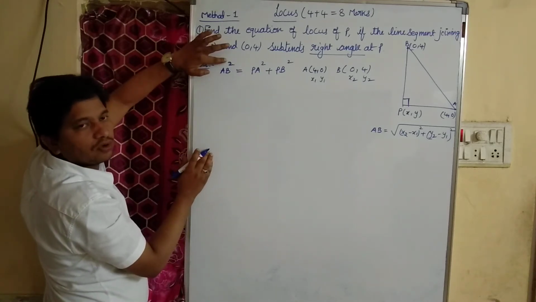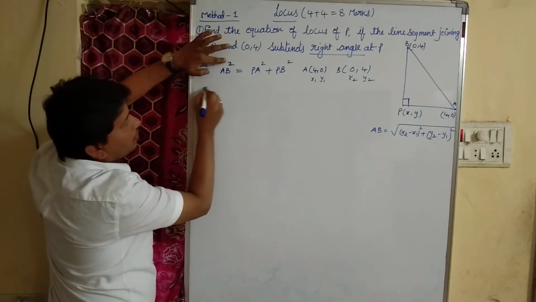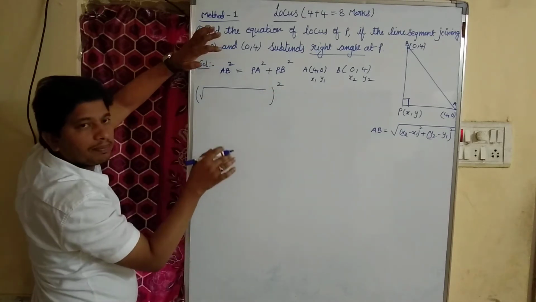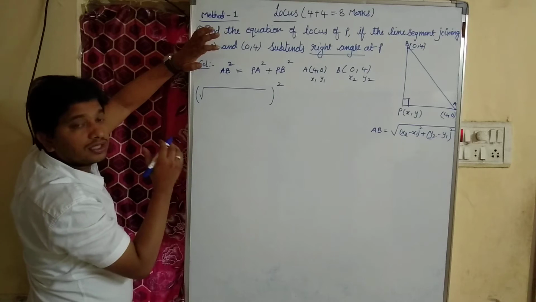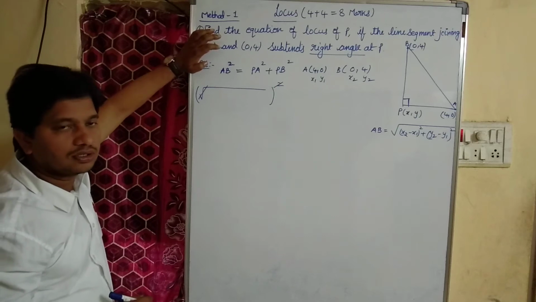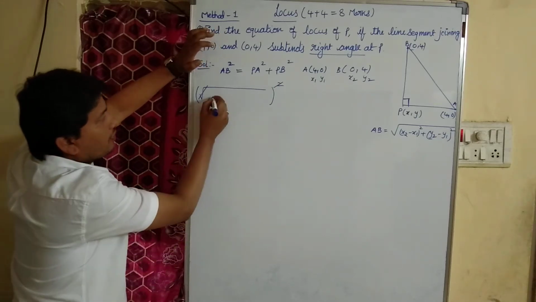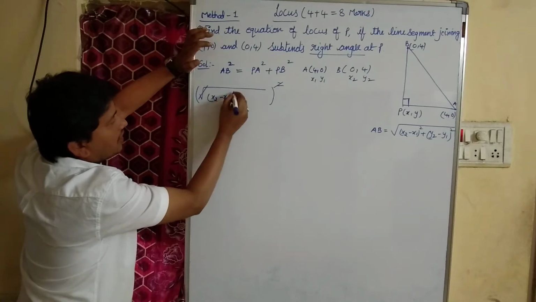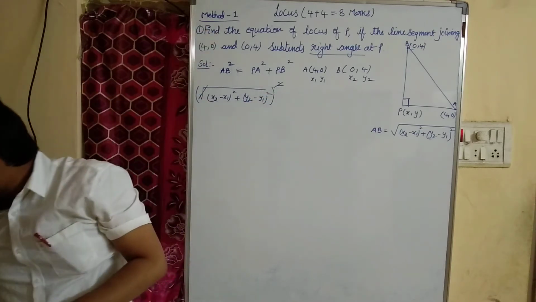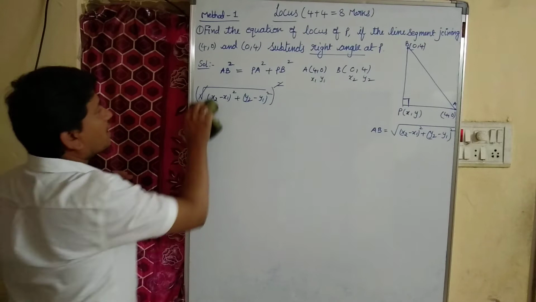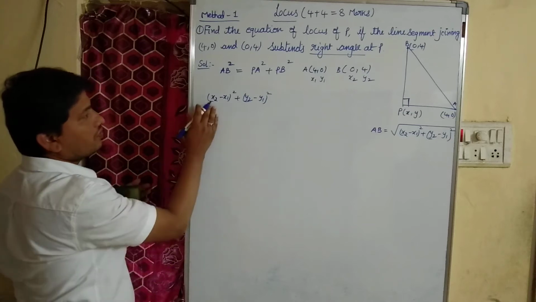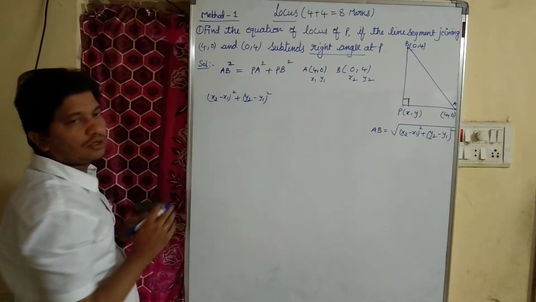But here actually in the power we have square, children. Distance between 2 points formula is root over, but in power we have square children. So what will happen? Basically the square and square root get cancelled. Okay children? Square root getting cancelled means we will only have x2 minus x1 whole square plus y2 minus y1 whole square. Now here there is no need of writing root over because already square is there on AB. So AB square, right? So we will get only x2 minus x1 whole square plus y2 minus y1 whole square.